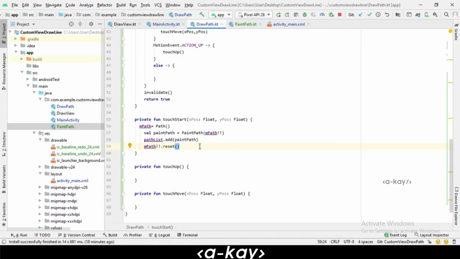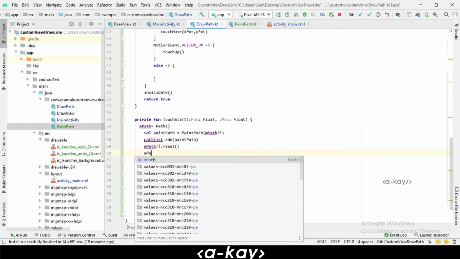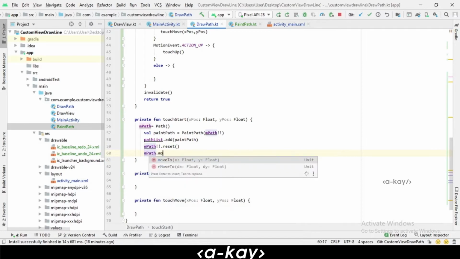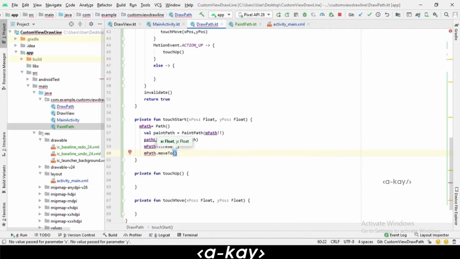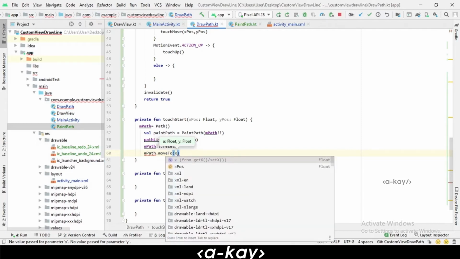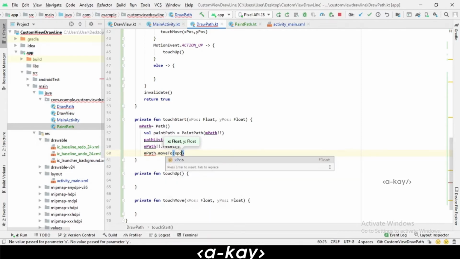And also here we are going to add m path dot move to, like in the previous video. Here also we are going to add x position and y position, which just came from the parameters.